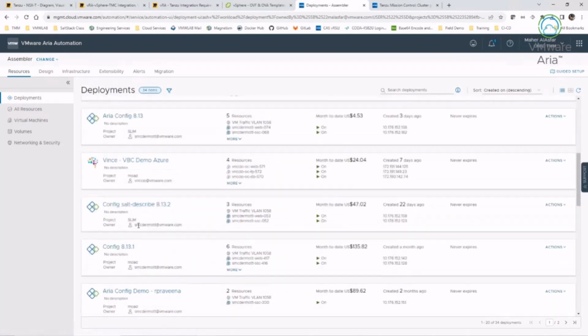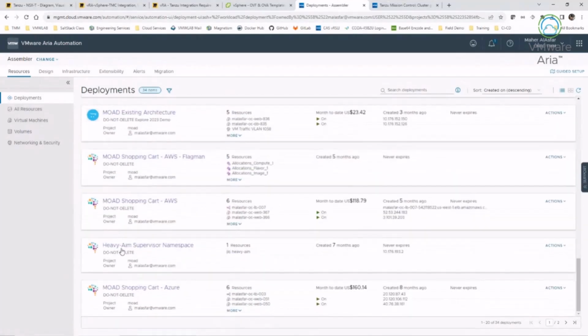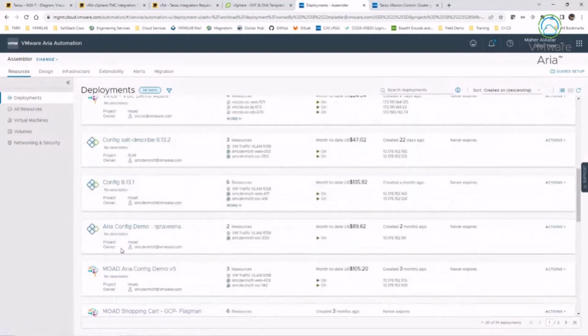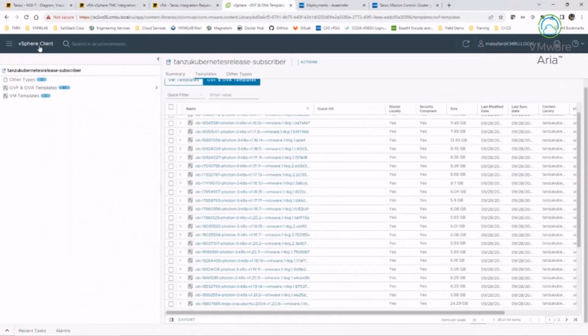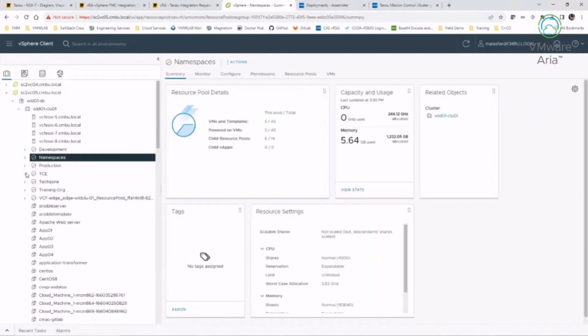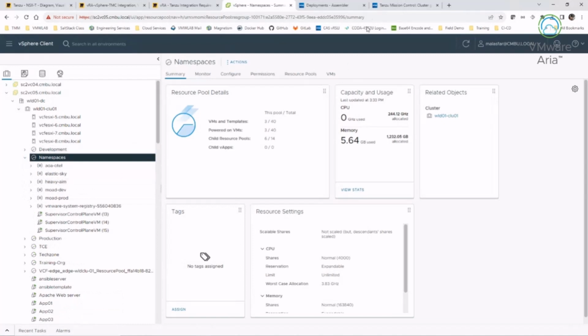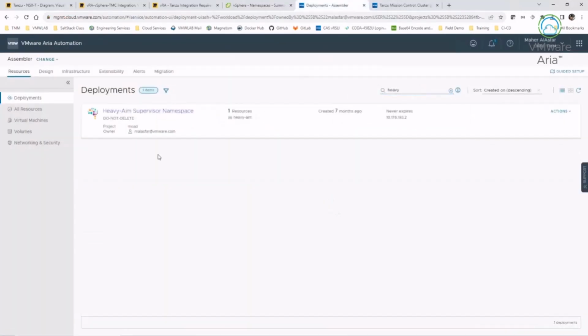Let's see, TKC2. Let me see what it's called. Sorry. Hosting clusters and namespaces. Heavy aim. Okay, so that's the one. So I'll just type heavy here. And once the